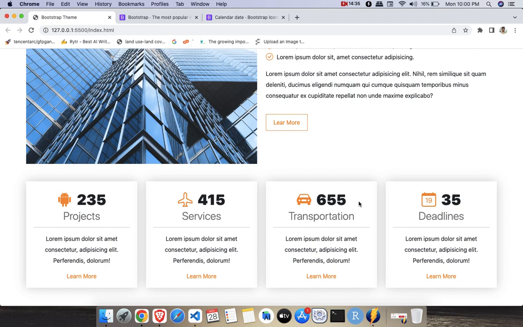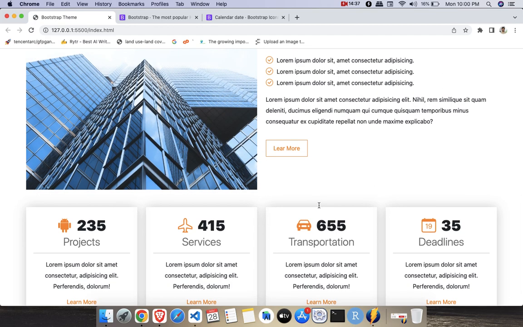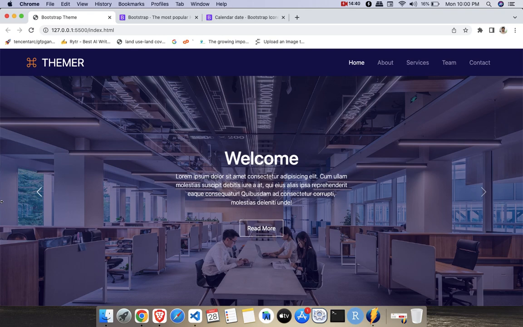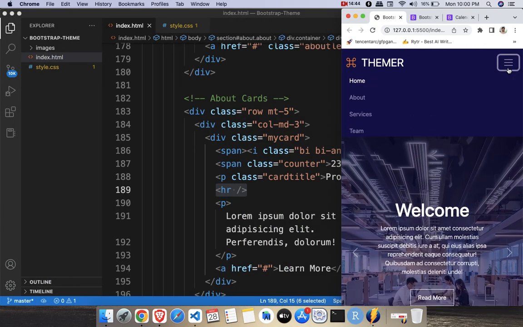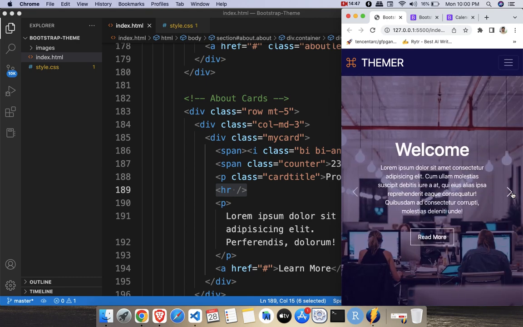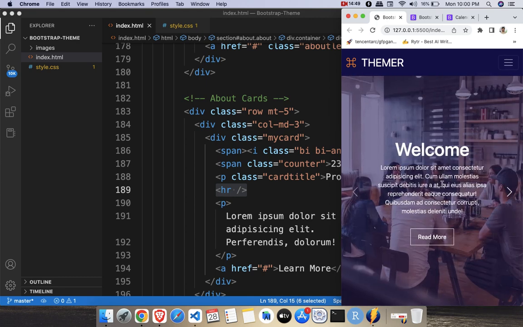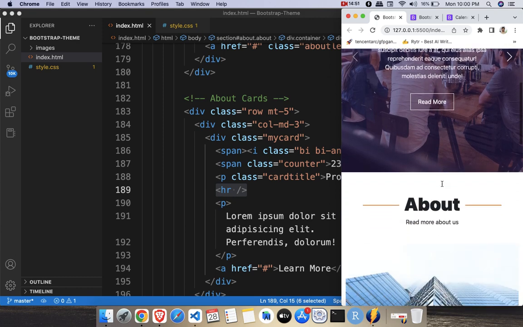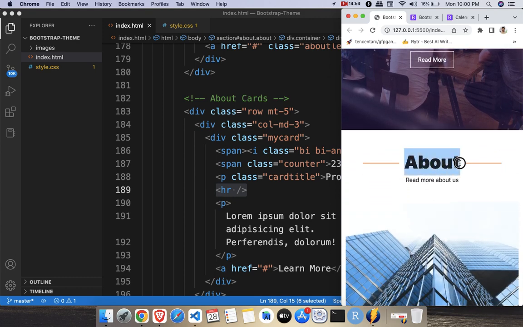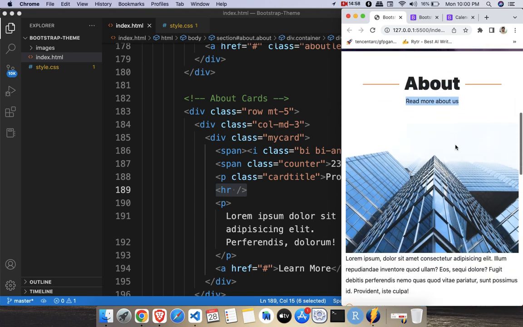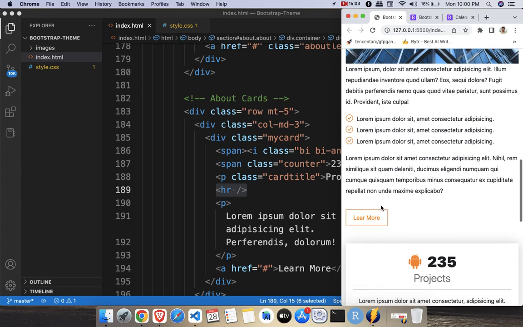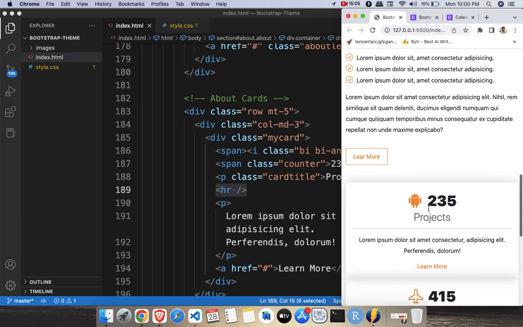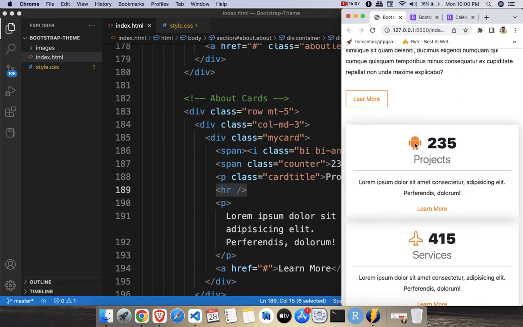So we'll finalize with this, and we'll check the mobile view of this section as well. So just reduce the screen size, you can see the navbar is perfectly working fine. My carousel section is also working fine with the text which I have given there. And if you come to the about section, you can see we have an about section with before and after horizontal line with the subtitle, and we have added one image, then some paragraph and some list, then we have a learn more button, and in my cards we have the